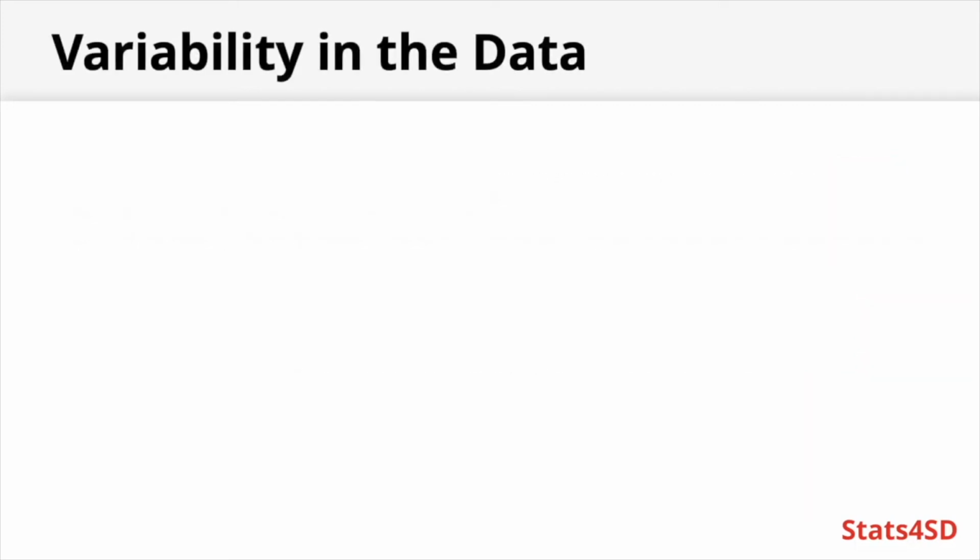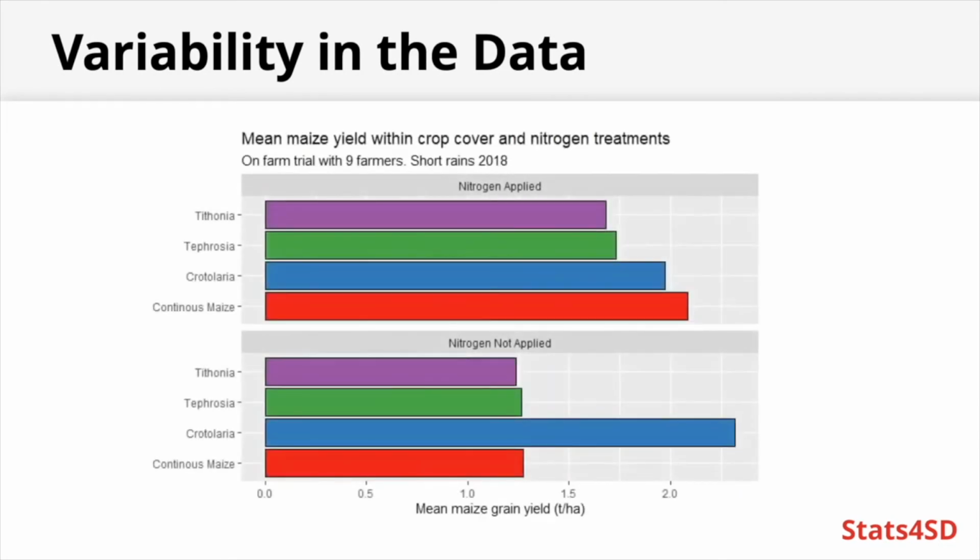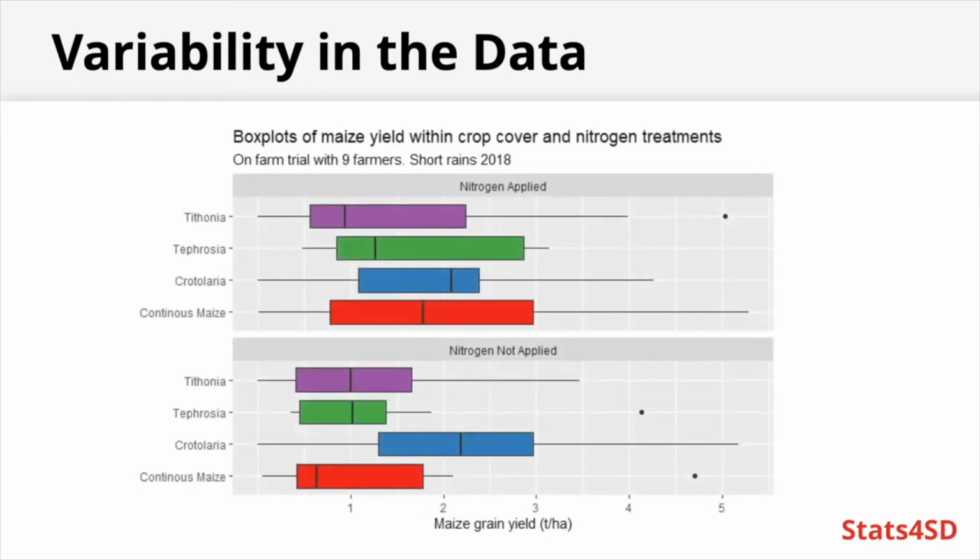And this is because of how much underlying variability there is in that data. So we could see when we were just looking at the bars, all those average values were around 1 to 1.5 up to 2 tons per hectare. But within the 9 farmers that we had, if we look at a box plot instead of a bar chart, or any kind of plot that only looks at the mean values, we can see the range of values goes all the way from pretty much 0 up to 5 tons per hectare. So this level of variability in the data means we can't be confident in those differences that we're observing.